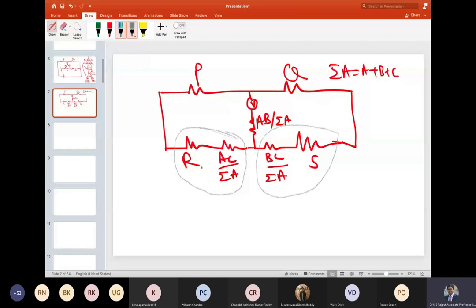In Kelvin's double bridge, he inserted one more bridge and then created this equivalent theory, right? And with that theory, he propounded that if this is worked upon, so now you can see that as per this development or this theory,